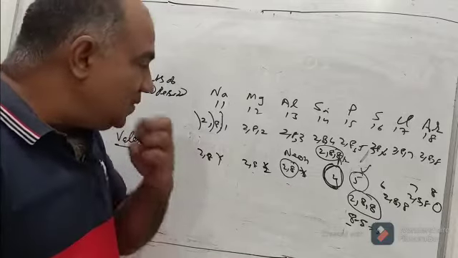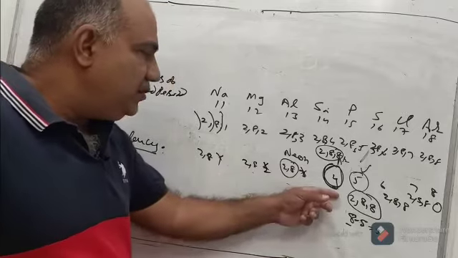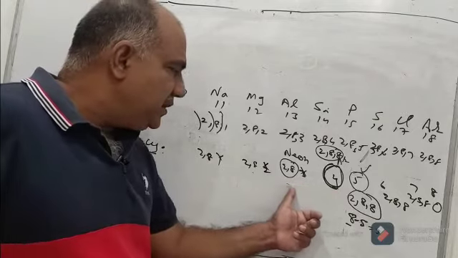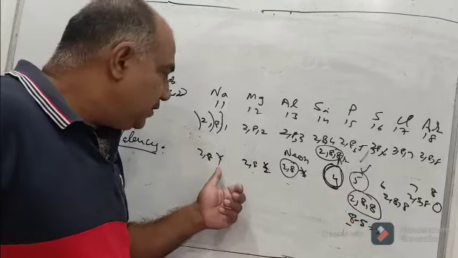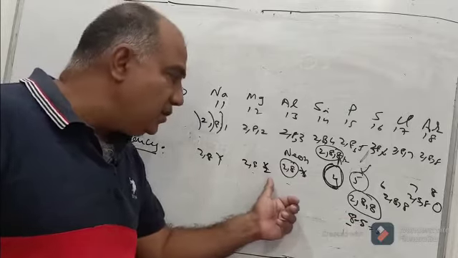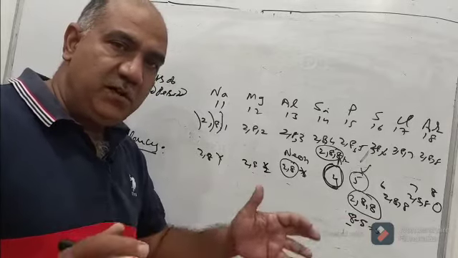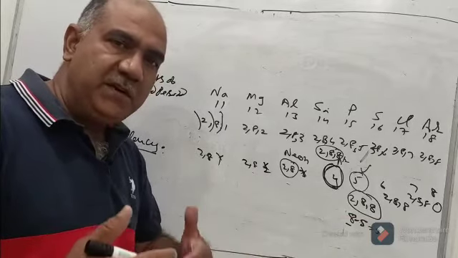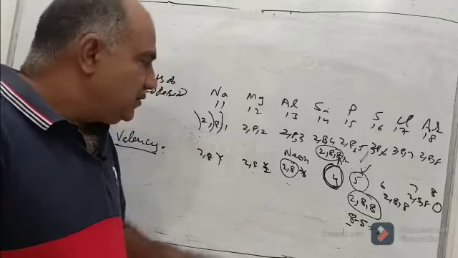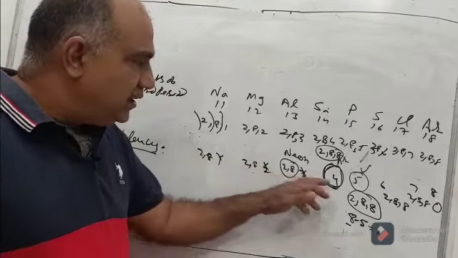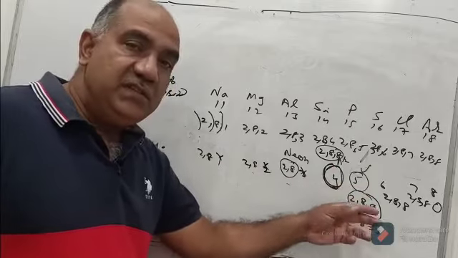Once again, let me tell you, the valency does not mean the number of valence electrons. See, up to here you can say the number of valence electrons itself is the valency, because sodium is required to lose 1 electron, this is required to lose 2, and this is required to lose 3. And the number of electrons that are required to be lost by one atom of an element in order to complete its duplet or octet, thereby achieving nearest noble gas configuration, it becomes stable. So valency is 1, 2, 3. Here also it is 4. But hereafter, the number of valence electrons cannot give you just the valency.